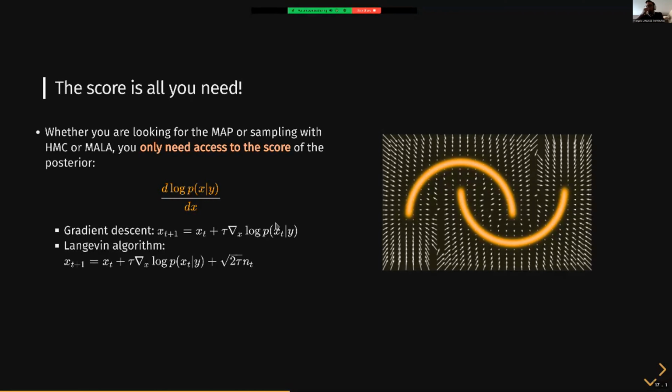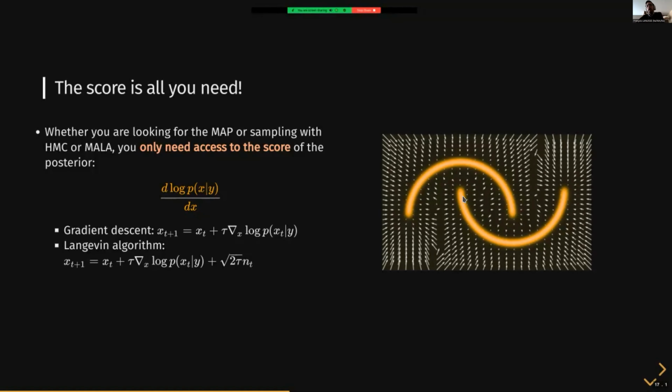Okay, so the first thing that I want you to see is that when I want to know where my data distribution is, what I actually need in most practical algorithms is not the value of the probability at any point in the space. It's actually the thing that is called the score function, the gradient of this probability. You can think of it as this arrow field here that points towards where I should move my solution so that it becomes likely under my prior.